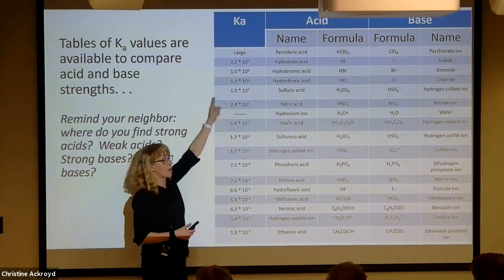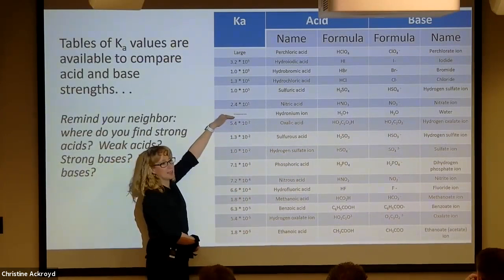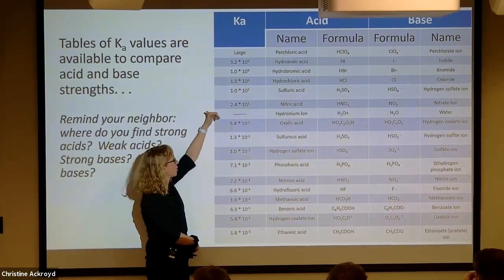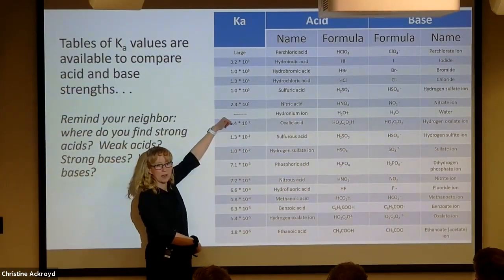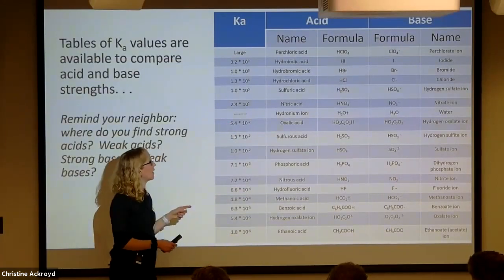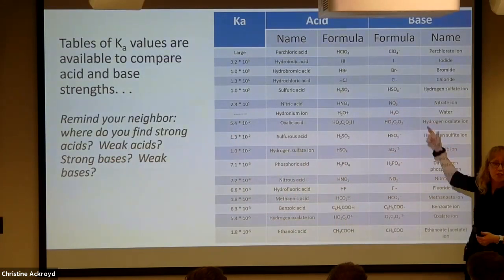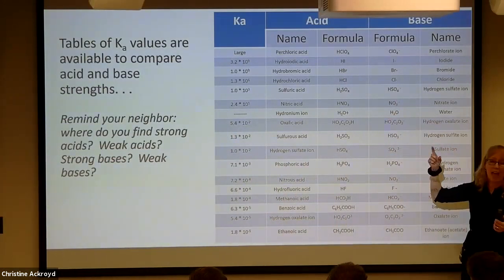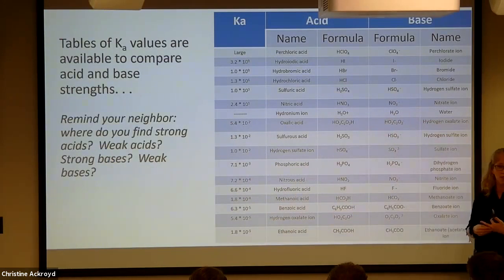Okay, so as you go up the table, what happens to acid strength? The stronger acids above this line get stronger and stronger as you go up. The weak acids are below that line, right? What happens to their strength as you go down? Okay, the conjugate bases are listed over here. What happens to the strength of the conjugate bases? As the acid strength gets weaker, what happens to the conjugate base strength? It gets stronger.